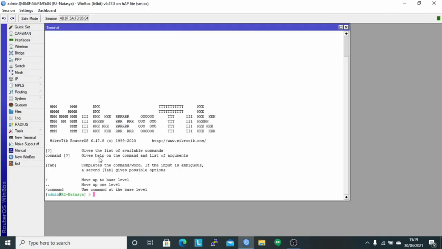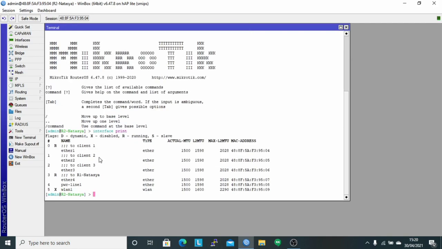And click new terminal and first check the interfaces used by the router with the command interface print. Here it can be seen that the interfaces used are Ether 1, Ether 2, and Ether 3 to connect to the clients and Ether 4 to connect to router 1.